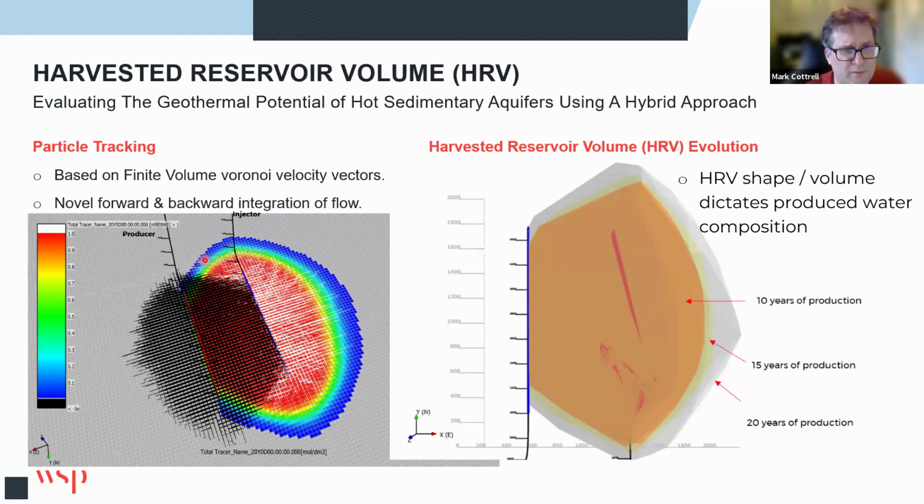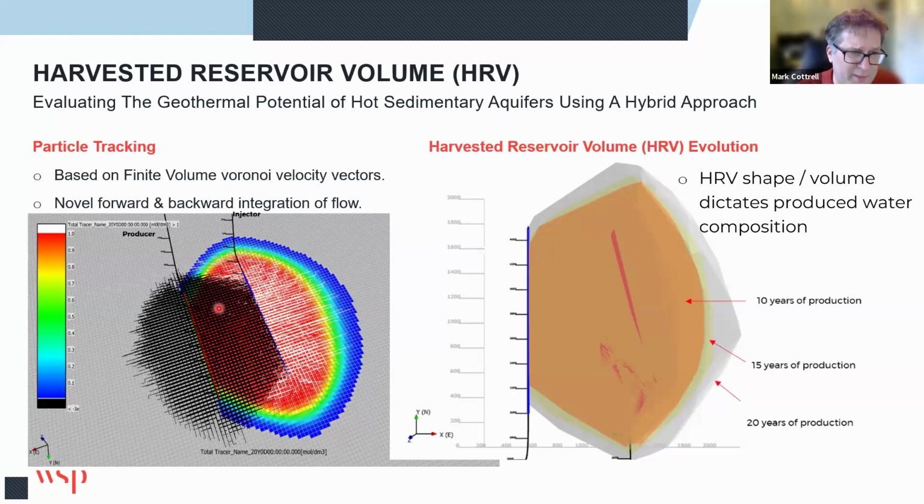We do two forms of this particle tracking. We basically integrate it backwards and forwards in time. What I mean by that is, at the injector, we release particles at the well, and we integrate through time such that we can predict where that fluid ends up a period of time later. For the producer, we still start the particles at the well location, but we then integrate backwards in time such that we can say, where did that fluid start out? And